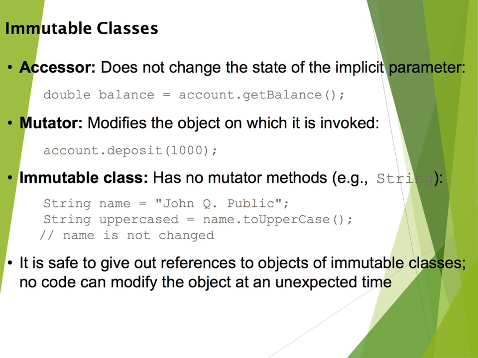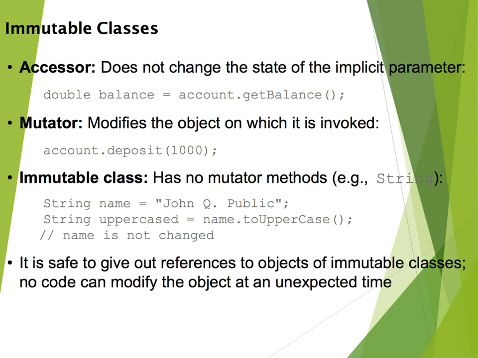For example, if you assume that you have a class called bank account and you have an object from that class called account, then a method like get balance simply reads the balance of that account, and by reading an implicit parameter you're not changing it, you're just reading it, and then this method returns